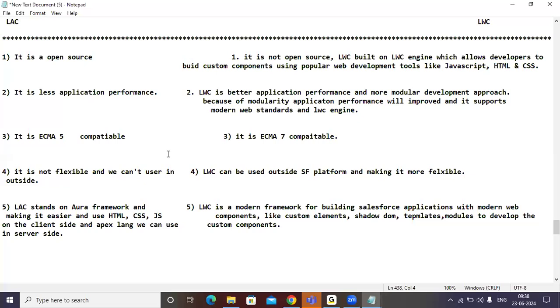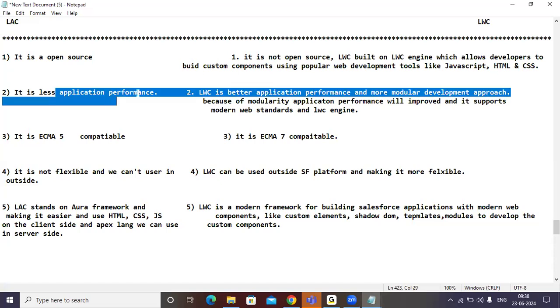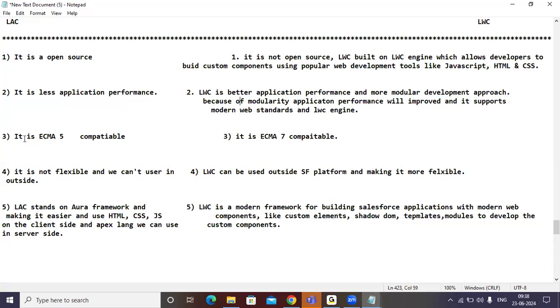So these are the 5 differences between what? LAC and LWC. It is open source, it is not open source. It is less application performance, it is better application performance. It follows ECMA 5 compatible, it follows ECMA 7 compatible. It is not flexible, and we cannot use it outside the Salesforce platform. And LWC can be used outside the Salesforce platform, making it what? More flexible.